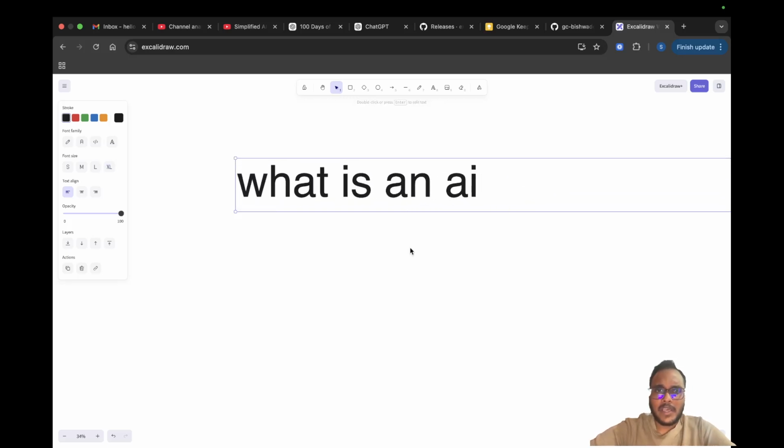AI means how computers or machines try to replicate human intelligence and behavior. It's not about emotions, it's human intelligence and analysis and other things. So how do they replicate? We as humans train them so they can give the exact behavioral output of what we expect and what we are going to do. So that is done through an AI.